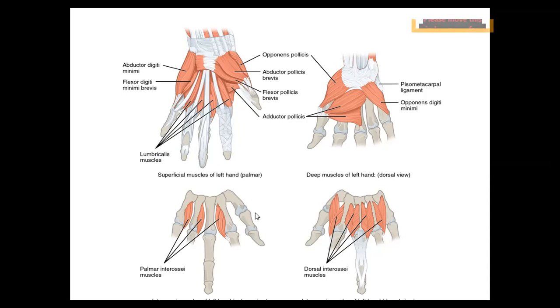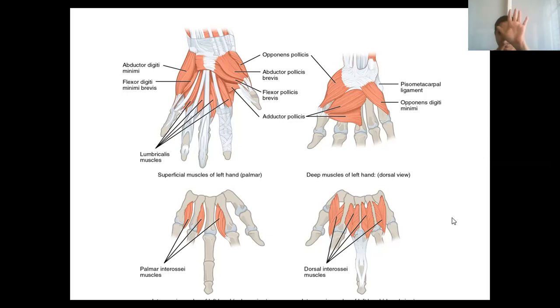Now, between the, what are these bones we have? These are the metacarpal bones. Start counting from the thumb: first metacarpal, second metacarpal, third metacarpal, fourth metacarpal and fifth metacarpal. So between the metacarpal bones, whatever muscles we find from the palmar aspect, we name them palmar interossei. From the dorsal aspect, see again, just look at me once.